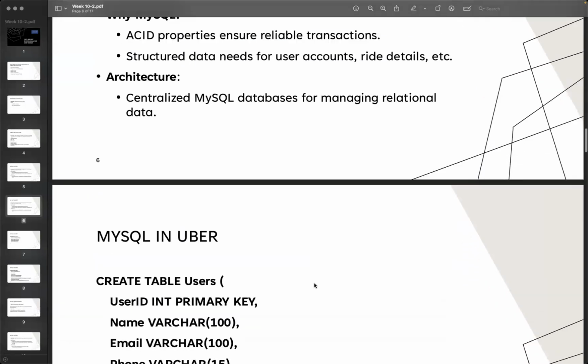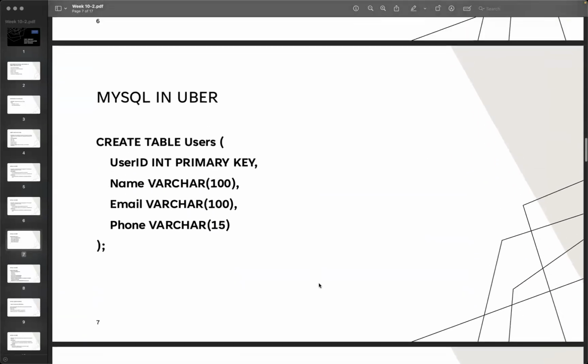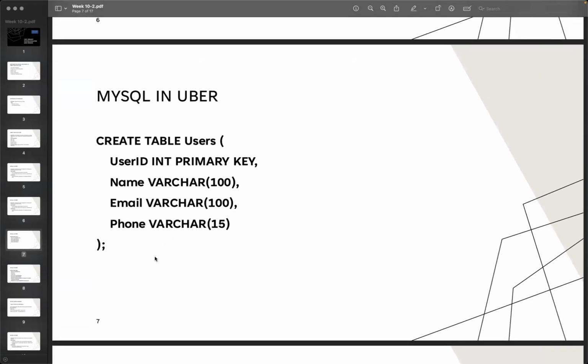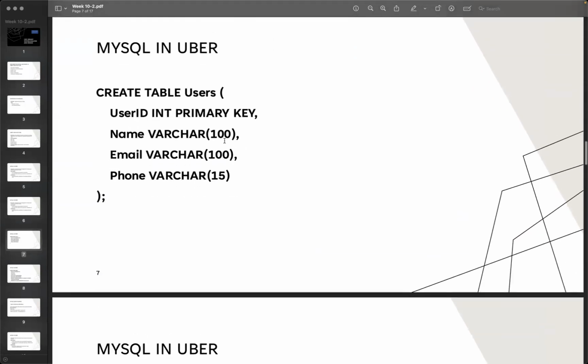And for MySQL right here, maybe you can create a table with user ID as primary key, name, and then you can declare the size. So you need to determine how large the length of the data is, the metadata, and then font size. Maybe in different countries we have different lengths, right? And they have different zip codes. So we can change